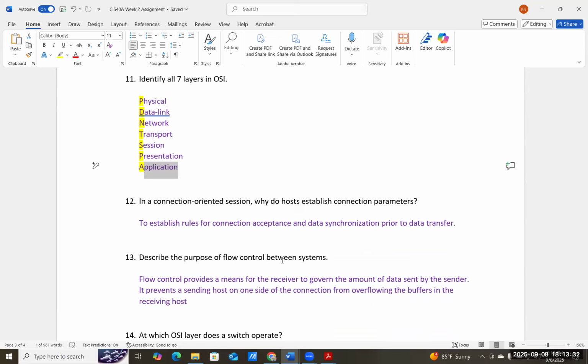And why do they do that? Really, it is a way to set up rules for connections, acceptance, and data synchronization prior to data transfer. So when we are using a network monitoring tool like Wireshark to monitor our system communication, you would see TCP traffic, and you would see that when a system goes to access a web page using HTTP or HTTPS, the client system negotiates or communicates with the host and says,